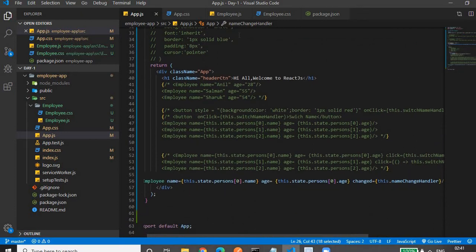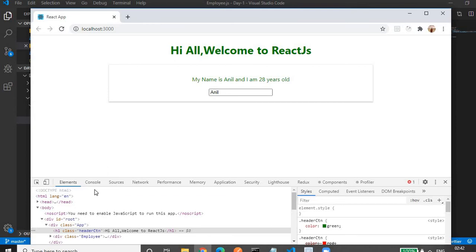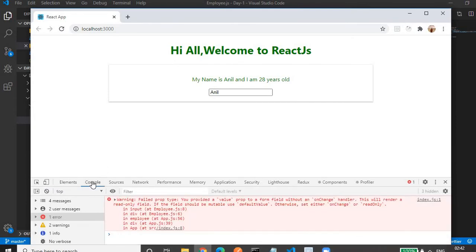One important thing in two-way data binding is, if we are providing a value to any form element, we have to use the onChange event. If I remove this, you will see a warning message in the console. It says you provided a value prop to a form field, which is the input field, without an onChange handler.